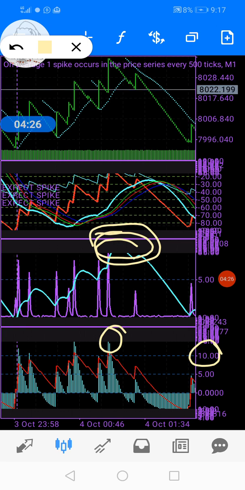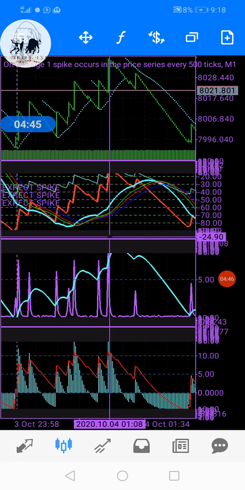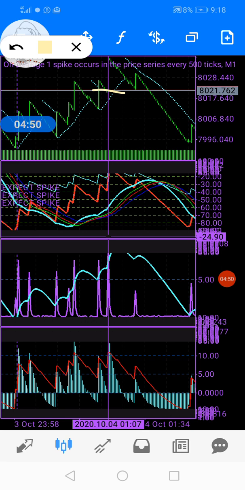This moving average is 4, moving average 4, right? But on this indicator window it moves like 100 moving average. All right, so it's major. Yeah, so brother, when you get this, right, let me just pull the crosshair for you. This is it right there. When you get this, okay, when you get this,